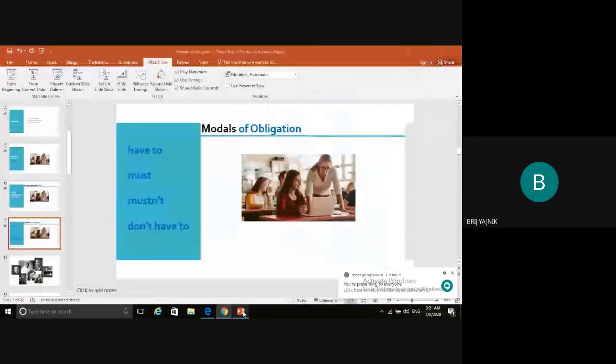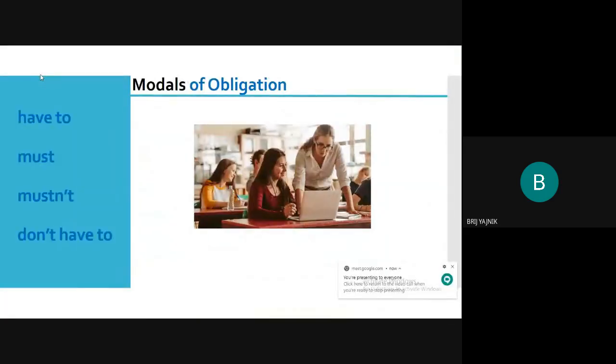So these are the models of deduction. I already shared now with you. So maybe one more time. So that's have to, must, mustn't, and don't have to. And these are actually the models of obligation. Not, sorry,